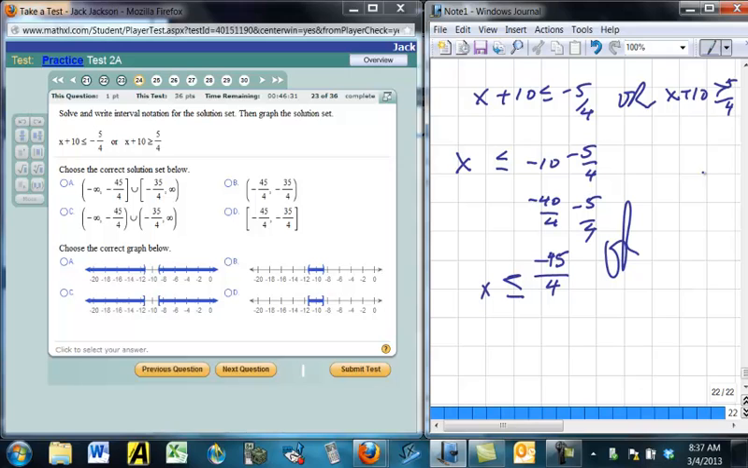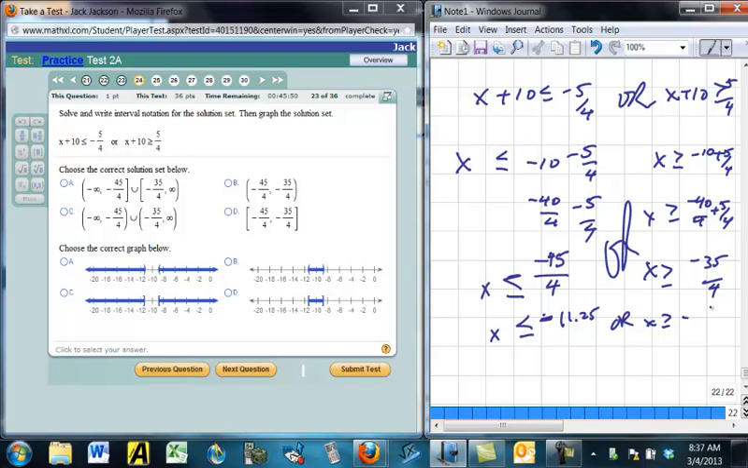Or, add negative 10 to both sides. Negative 10 plus 5/4, so this is negative 40/4 plus 5/4. x is greater than or equal to negative 35/4. Okay, so x is less than or equal to negative 45/4. Notice that's negative 11.25 in decimals. This would be x less than or equal to negative 11.25, or x is greater than or equal to negative